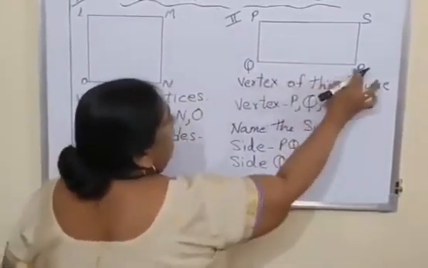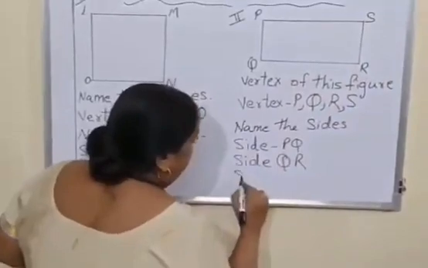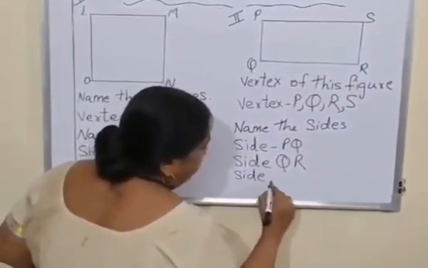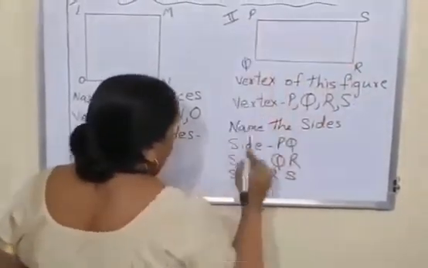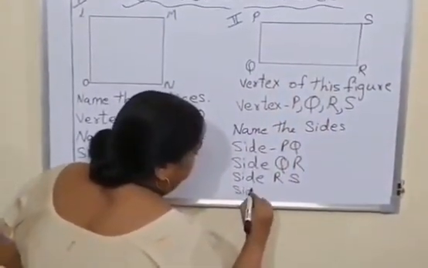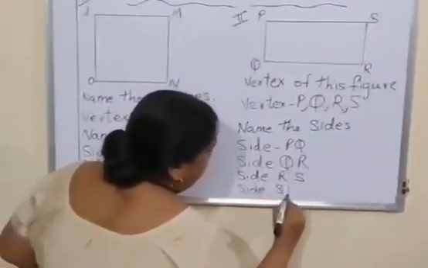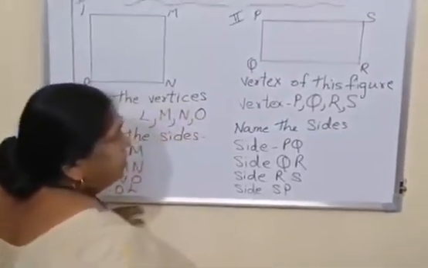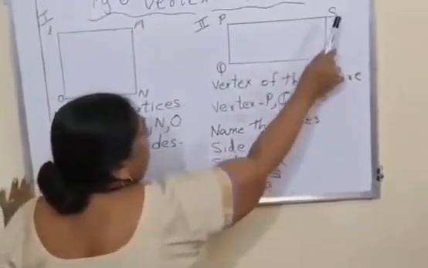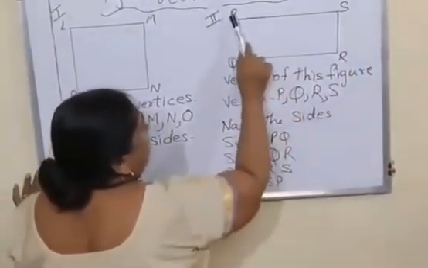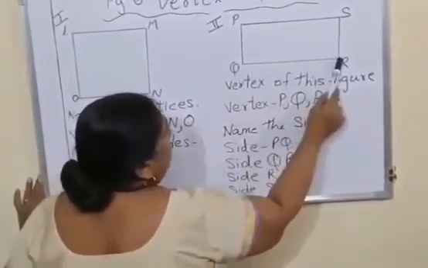Then side RS. Side RS. And the last one, side SP. Side SP. Understood, children? Here we are having vertex P, Q, R, S, and we are having a side PQ, QR,